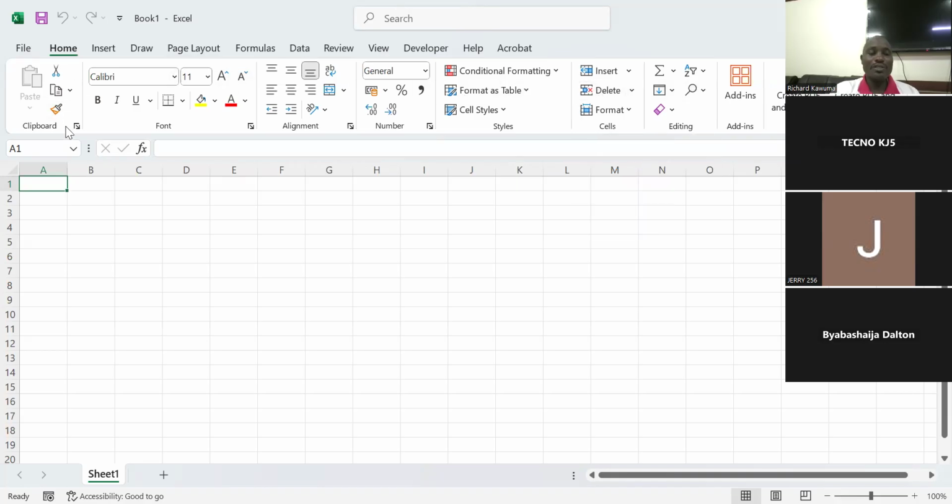But below the ribbon, unlike Microsoft Word, we have what we call the formula bar. So this is the formula bar. And then we have the name box. So these are going to be very important as we go ahead. We have the name box and we have the formula bar. Then as you go below the formula bar,